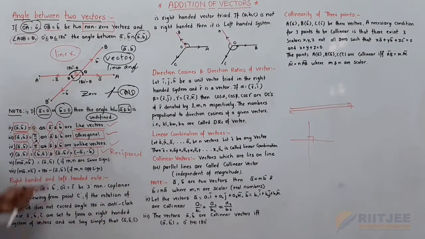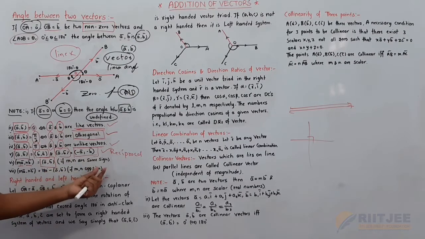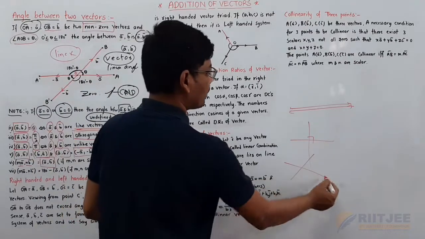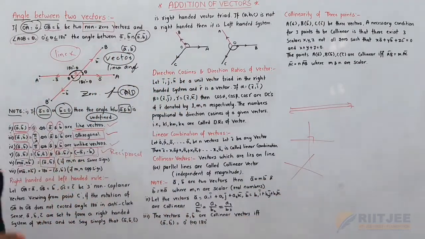The anti-clockwise direction we can take here. So m times vector a, n times vector b, where m and n have the same sign, then the angle between vector a and vector b is the angle between the two. We cannot change it. If you multiply any vector with a scalar quantity, the angle doesn't change. That is the meaning of this statement here.